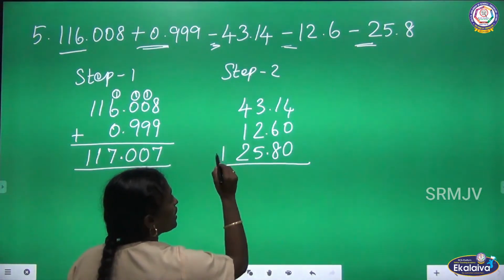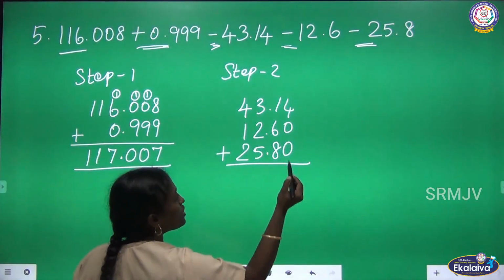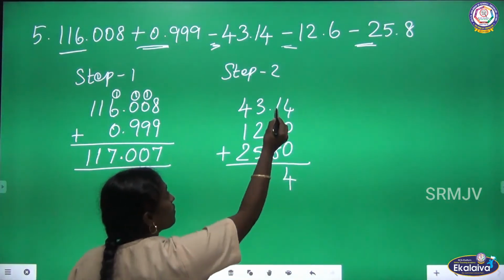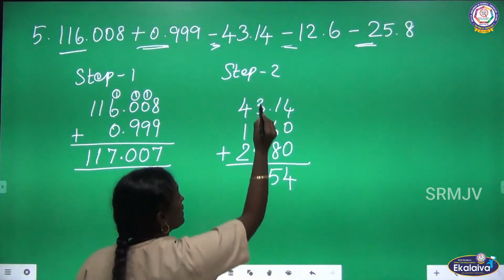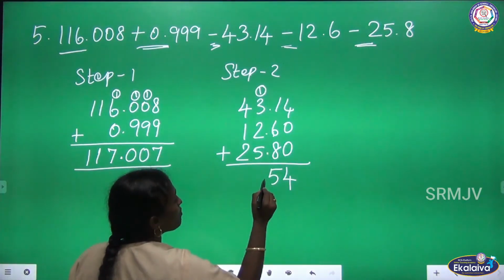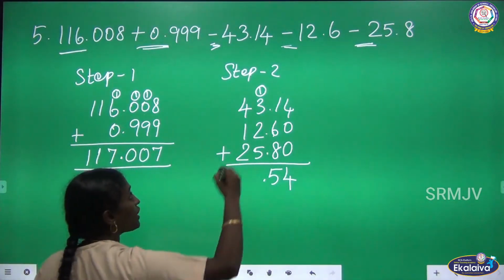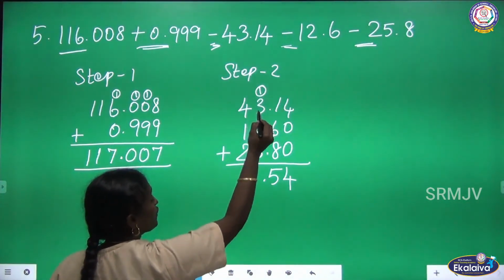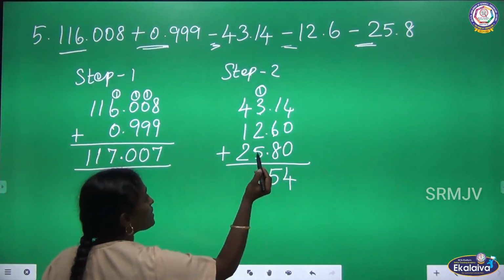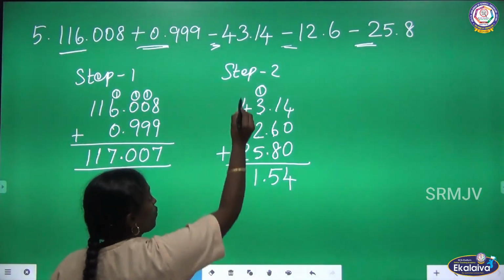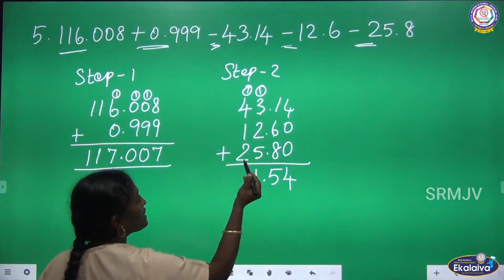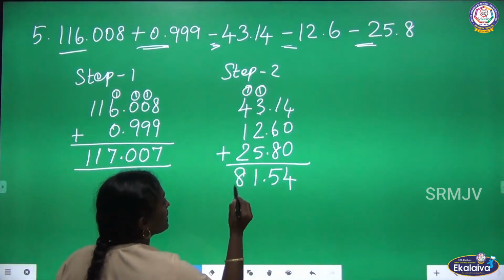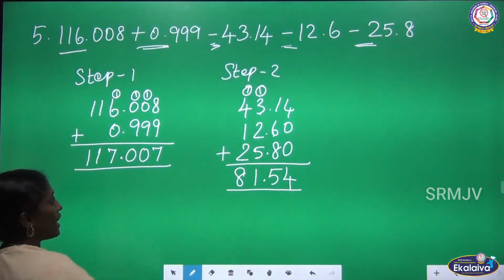Now we are going to add 4 plus 0 plus 0. That is 4. 1 plus 6, 7. 7 plus 8, 15. 5 here. 1 carry over. Before that we have to keep the decimal point. 1 plus 4, 1 plus 3, 4. 4 plus 2, 6. 6 plus 5, 11. 1 here, 1 carry over. 1 plus 4, 5. 5 plus 1, 6. 6 plus 2, 8. Now we got 2 answers in step 1